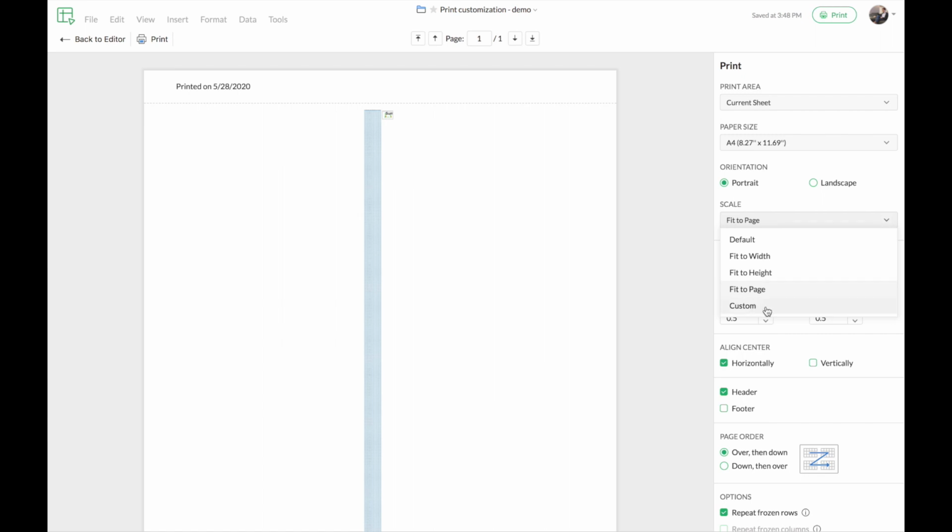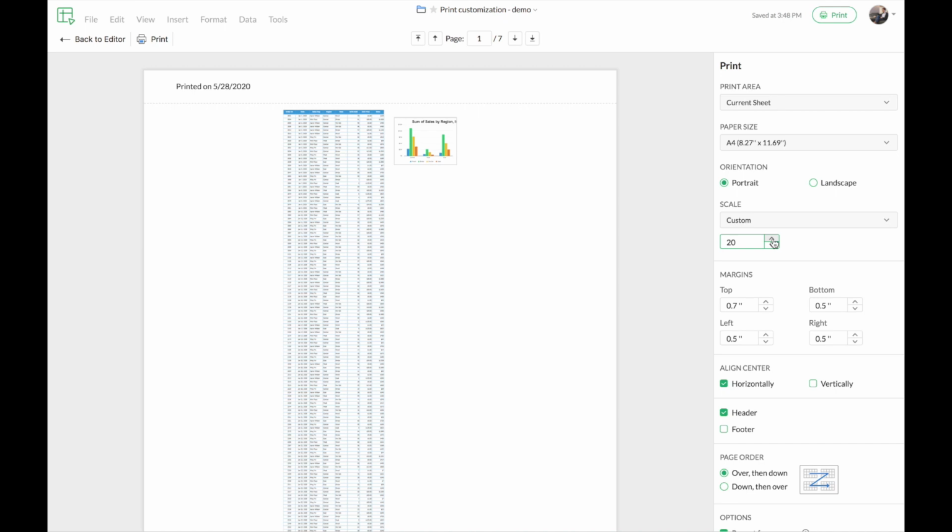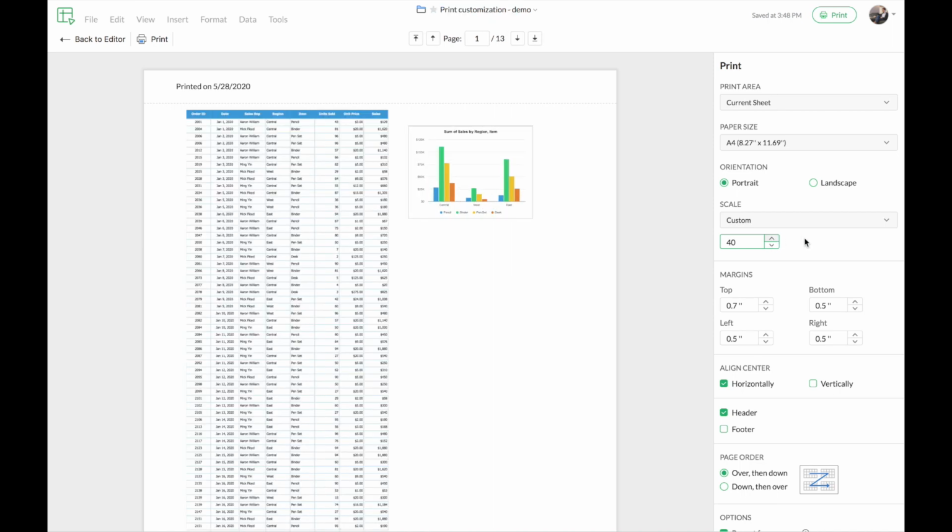So you can either choose to go for a custom scaling. So in this custom scaling, you can mention the percentage of scaling that you want for the data. So you can notice as I increase the percentage of scaling, the preview on the left changes. So I have set 40% for scaling. So this looks similar to what we saw in the fit to width option, but this too is not very clear and the data is not clearly readable. So you can either choose to increase the percentage of scaling or you can go with the default scaling. So right now I'm just going to go with the default scaling here.